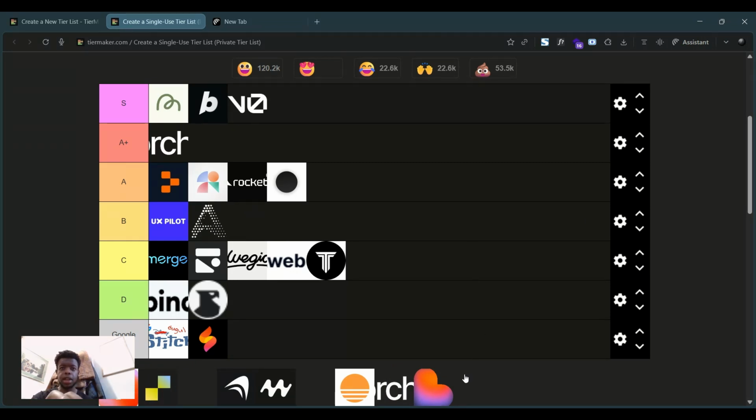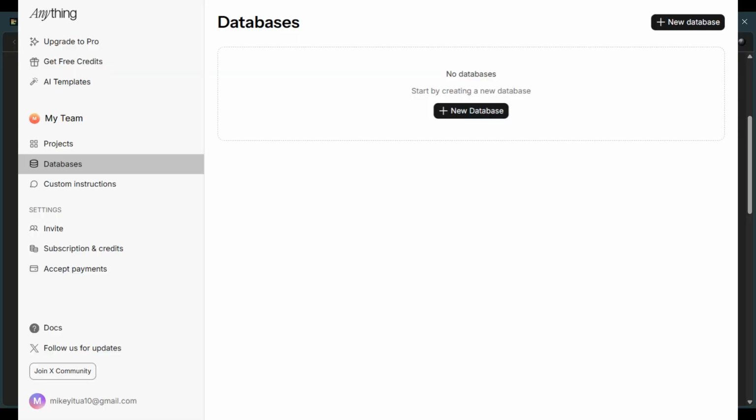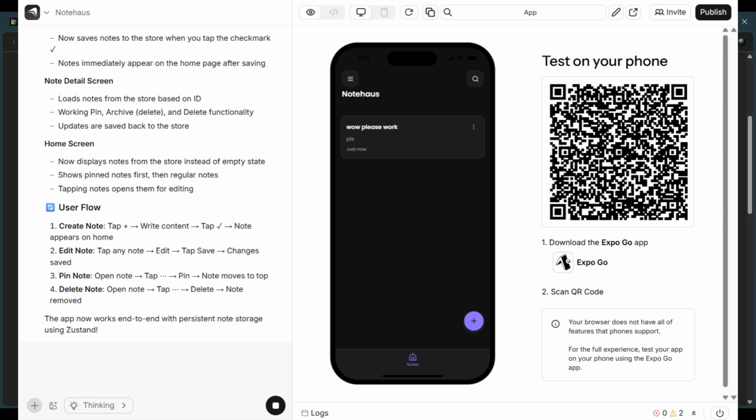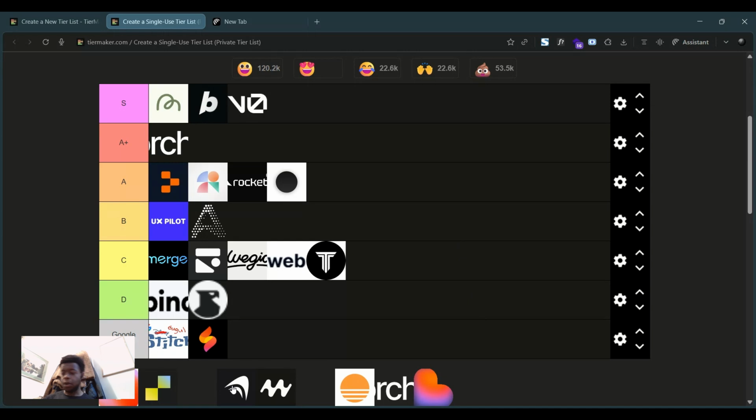The next one we're going to look at is actually a new tool, or a rebranded tool, called Anything, or Create Anything. It used to be called Create.xyz, but now it's called Create Anything. And this tool actually surprised me. It's really good at building nice designs. It's not as generic as the other tools on this list, and also you can build mobile apps on this, and it uses Expo Go, so you can open it and view it on your phone as well. The mobile feature is actually really good. I was really impressed by this. So because of that, I'm going to put Anything